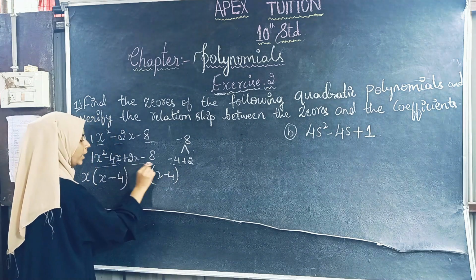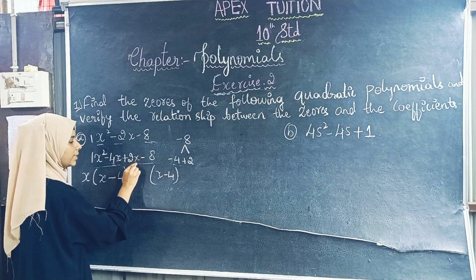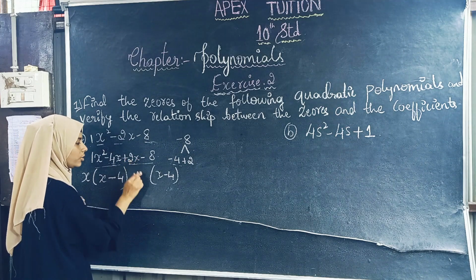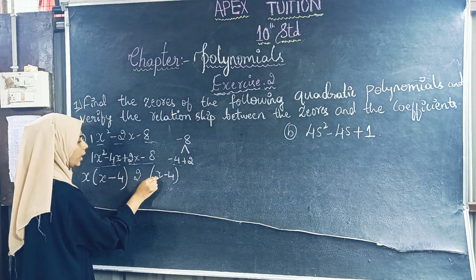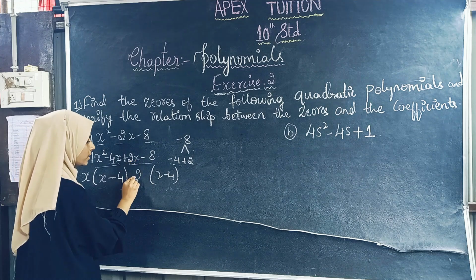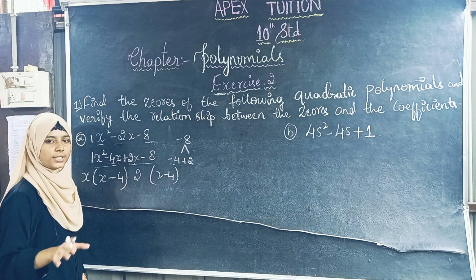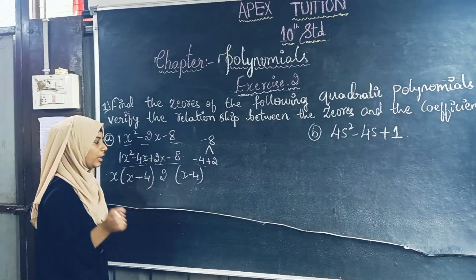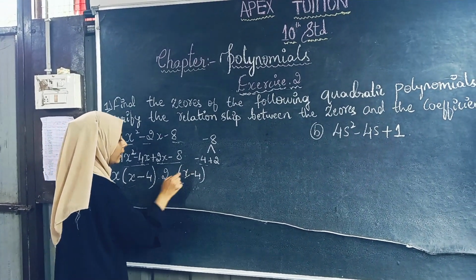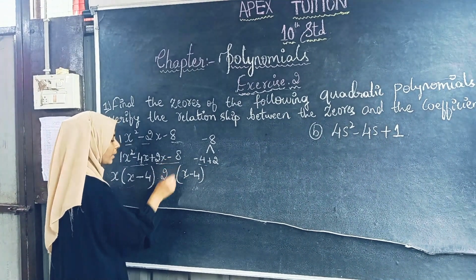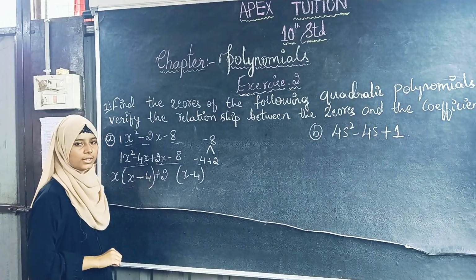Then we have to look at this number which is common. x is not common here. We can take 2 as common. 2 ones are 2, and 2x as it is. Plus, into minus, minus. 2 fours are 8. Where the 2 is the correct number. We have to look at the signs now. Sign. Here x minus into minus is plus. Then we have to take plus 2 here.